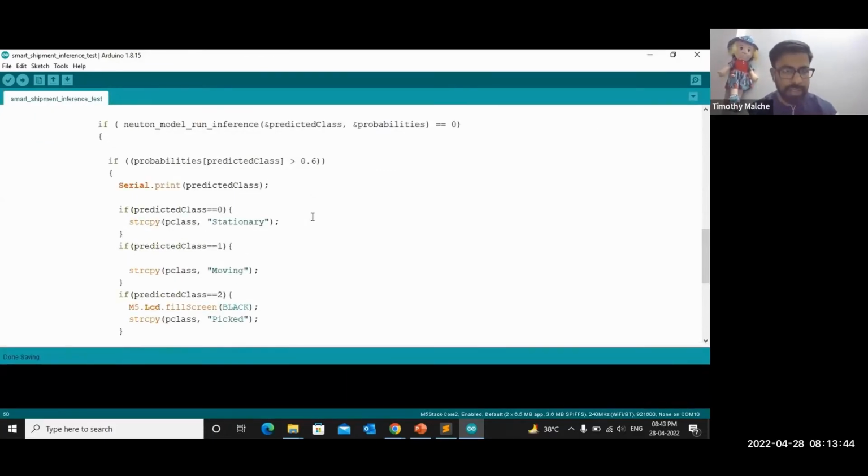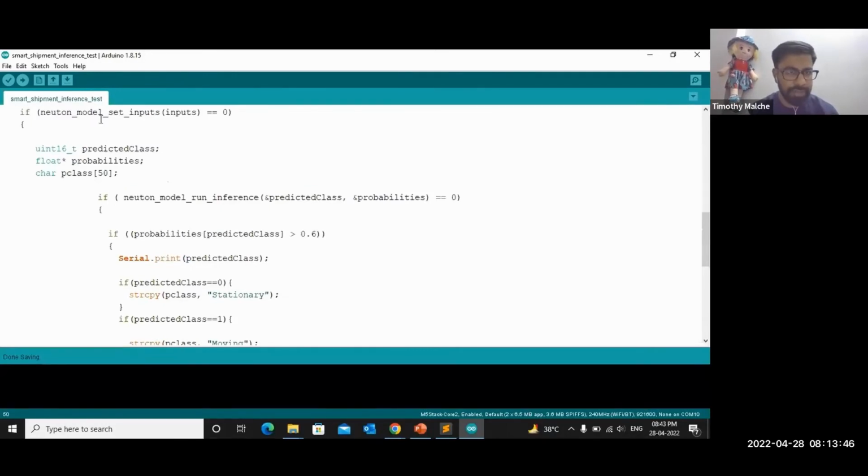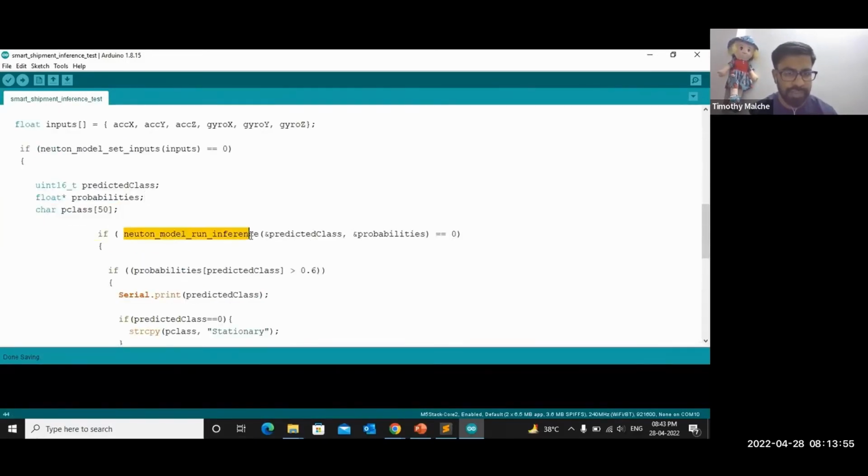So here again within this if statement, we have a nested if statement, and you can see that we have called another function. This will execute the model, and here we have provided the two variables, predicted class and the probabilities. The predicted class will contain the real-time inference result, and it will contain the data from the classification,